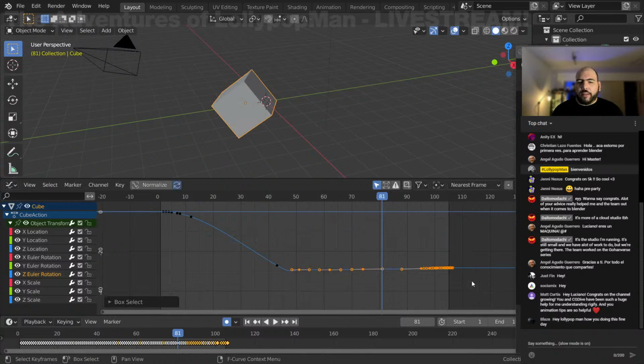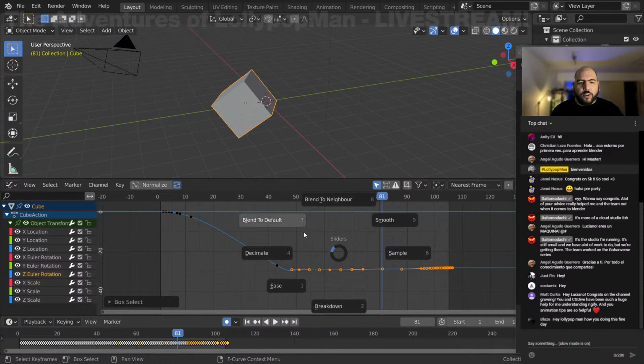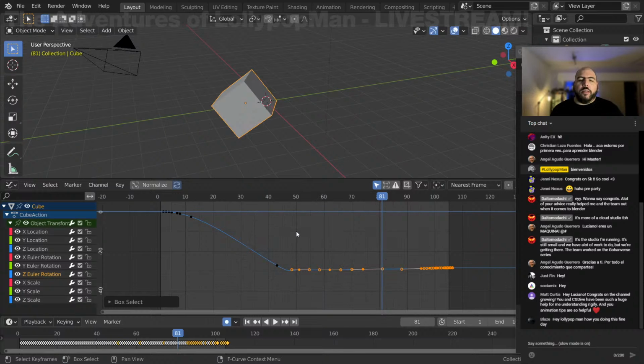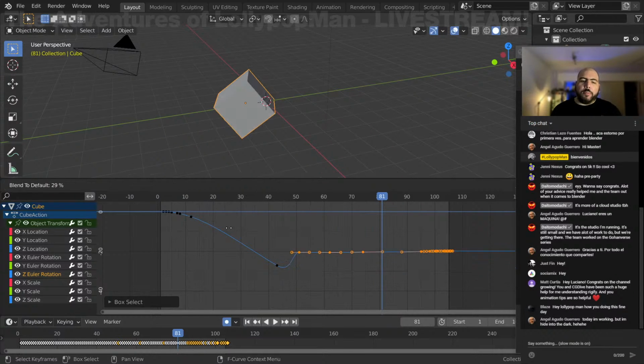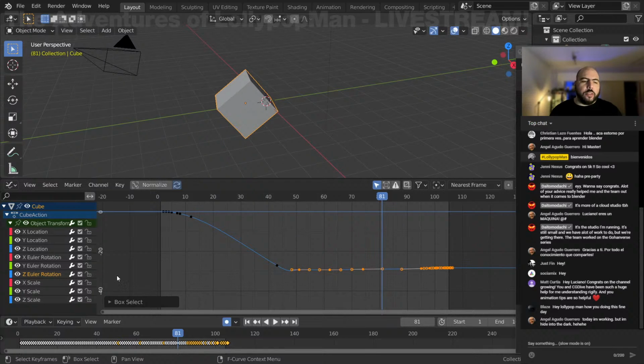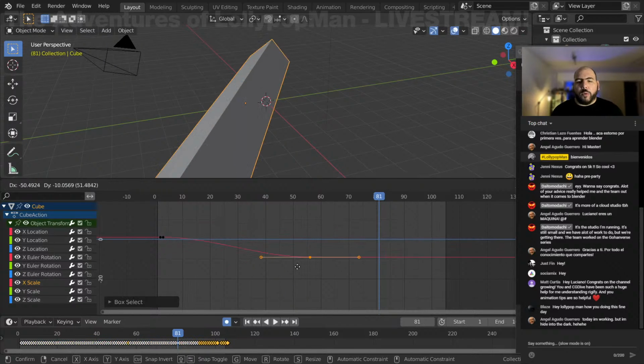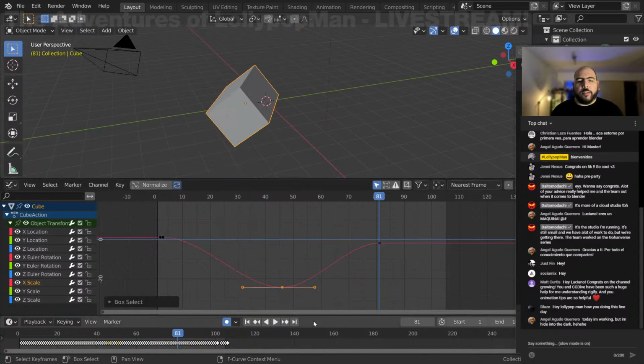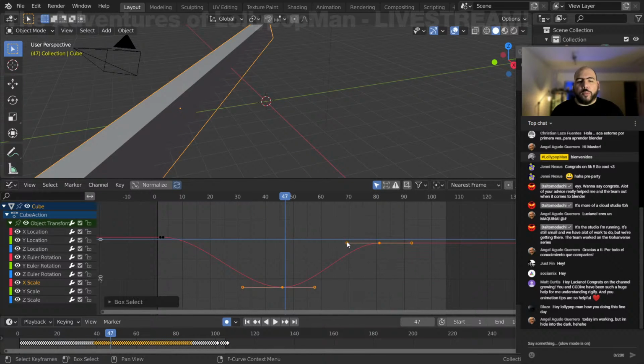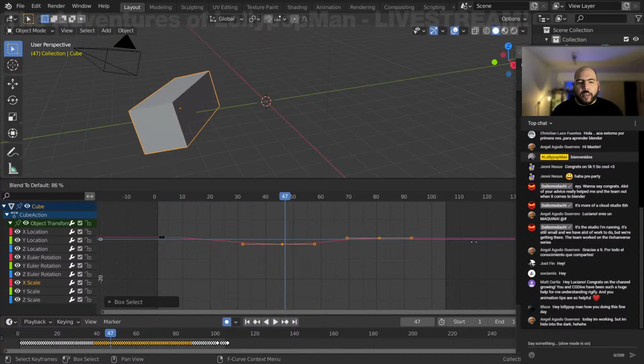And then if we go blend to default, basically it would do the same, but it would push towards normally what would be 0. So for instance, if I use scale, I'll just delete most of these keyframes and create one and push it over there, right? Blend to default should bring those values back to 1 because the default of the scale is 1. So blend to default, and then it's bringing it. And if I go 100%,